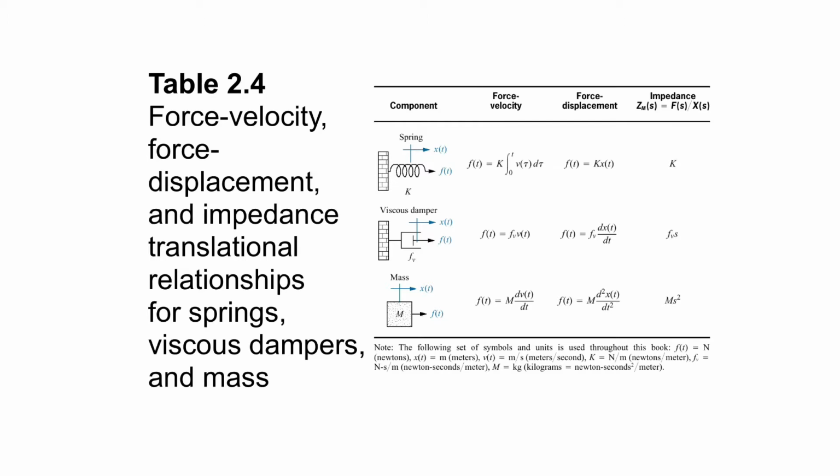In this section we concentrate on the translational mechanical system, and in the next lecture we can extend this to the rotational mechanical system. The importance of this is that the electrical system can be interfaced to the mechanical system by using the transfer function. Suppose we have the transfer function of the electrical system and this is the transfer function of the mechanical system; these can both be cascaded or interfaced, and this finds application in electromechanical